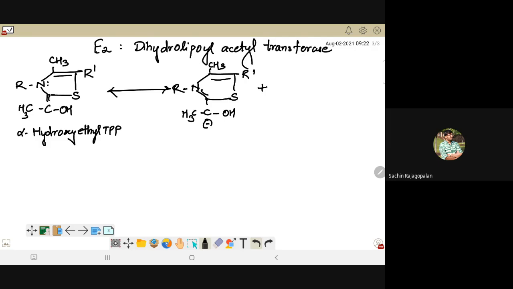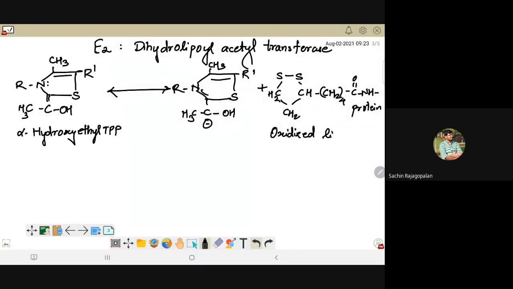Now this is because I want to attach this to something. We form a carbanion when we want to do a condensation process. What I want to attach over here is a coenzyme, a very dangerous looking structure, but unfortunately a very important compound called lipoic acid. So this is the oxidized form of lipoic acid, which is always attached to a protein.